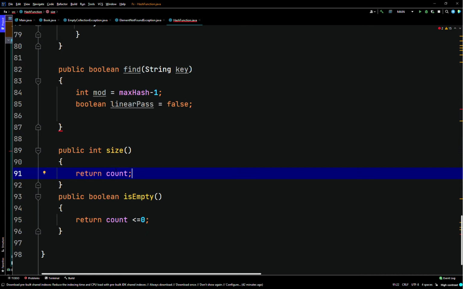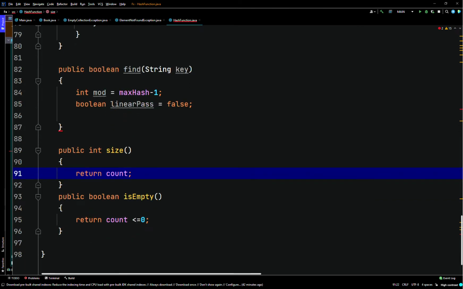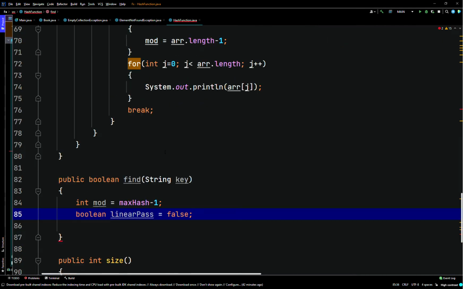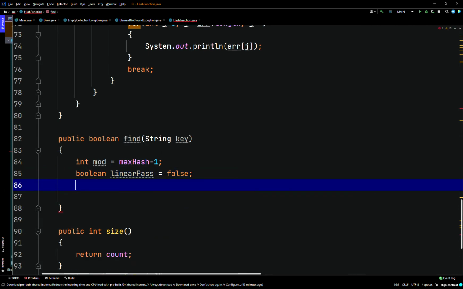And we have some other small methods to do after that, so we'll come back to where we were. Let me just find that in my notes where we were. Alright, so public boolean find takes a string key. So boolean linear pass points to false. If is empty,